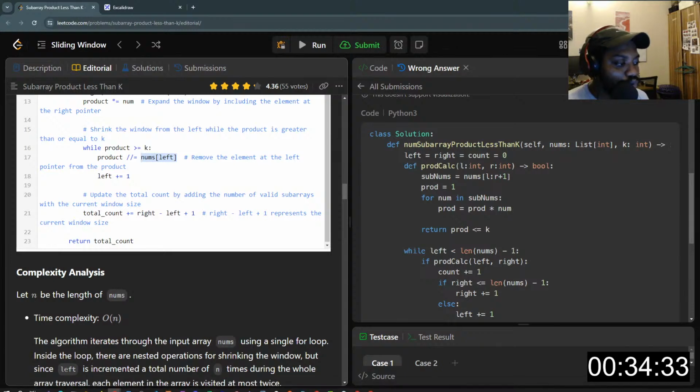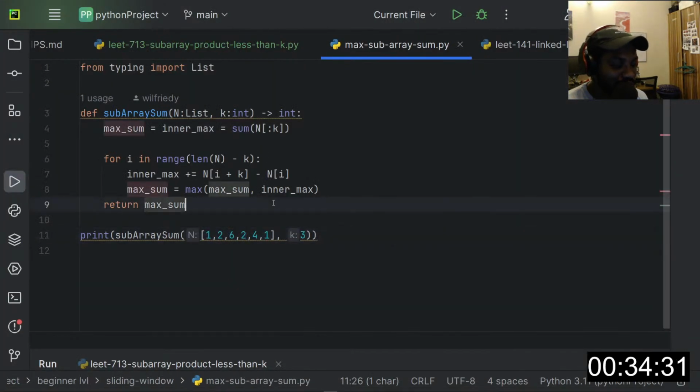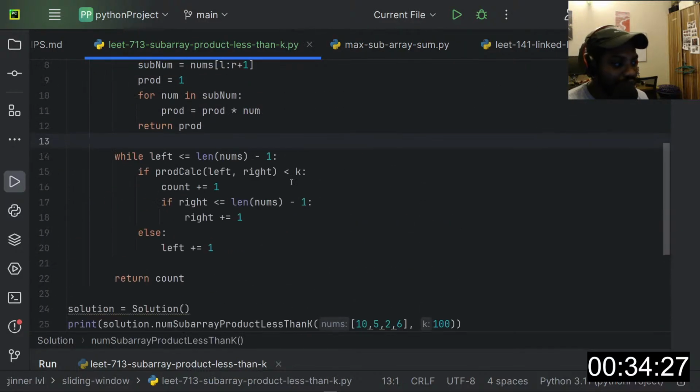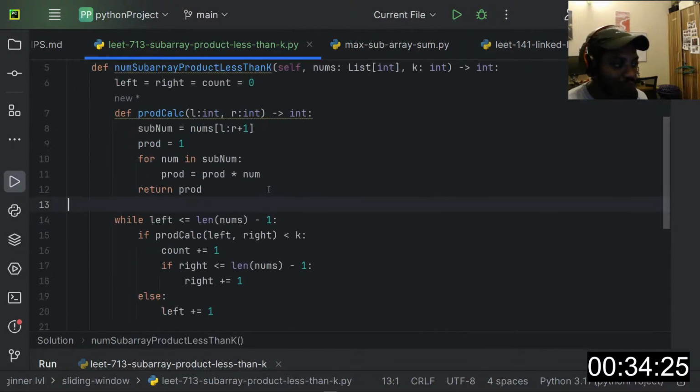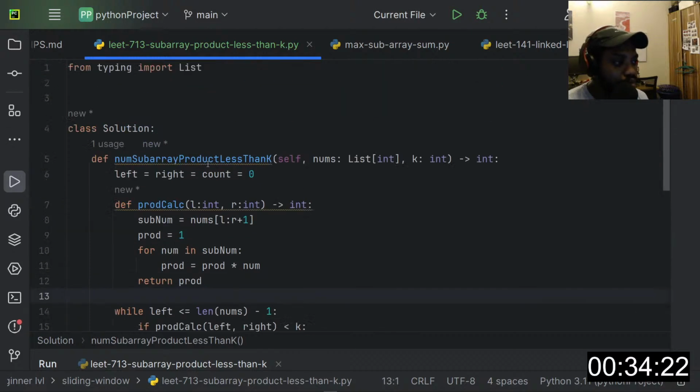I'm going to continue with this particular method that I was trying to use here. I need to find a way to make this work. I mean, in my opinion, this should work. But